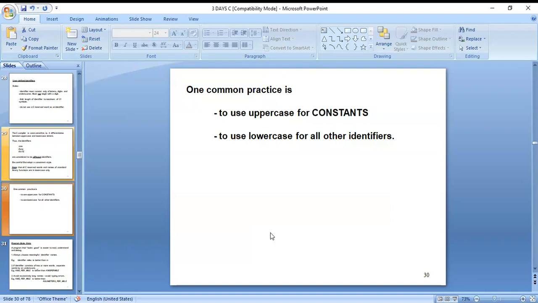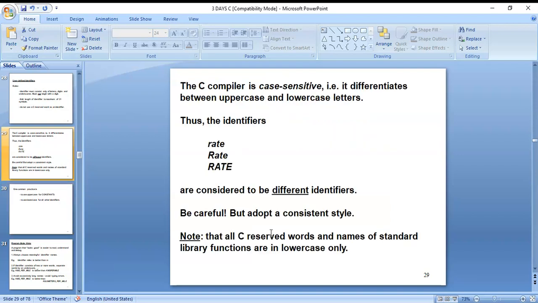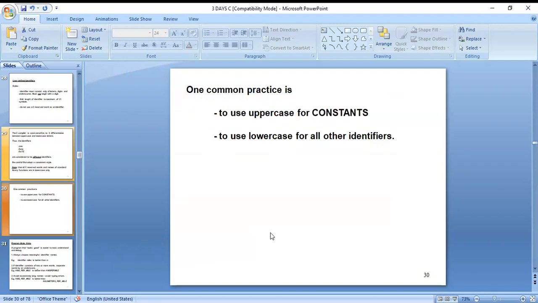Since the compiler is case sensitive, capital letters must be used as capital letters and small letters as small letters. You can't change capital to small or small to capital. So the common practice is uppercase for all constants and lowercase for all other identifiers.